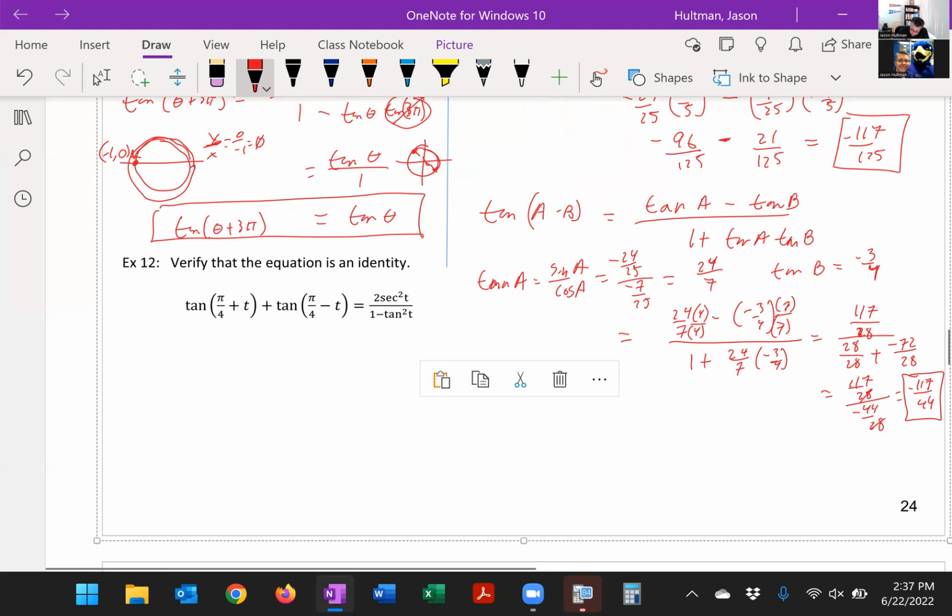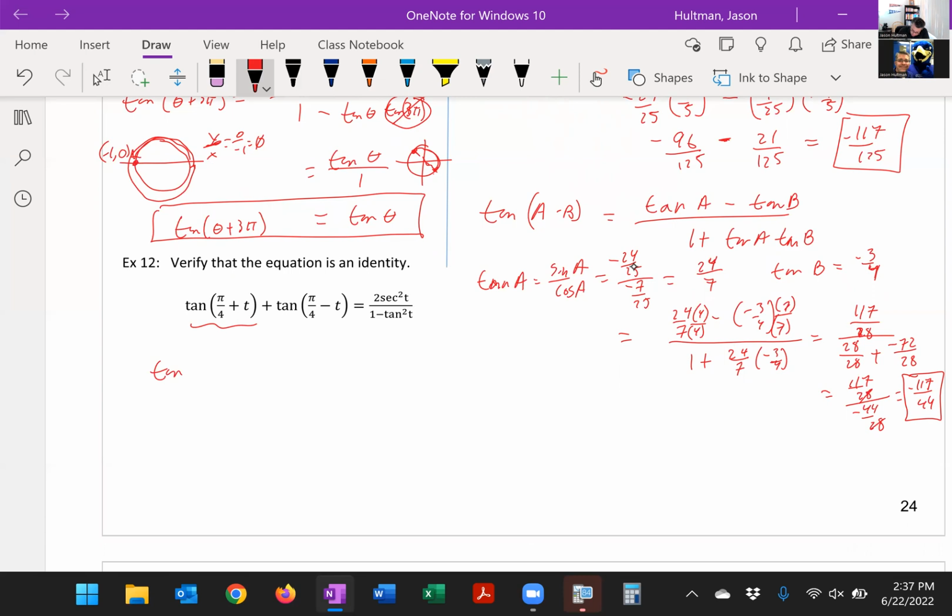Let's take this one and make it the tangent of pi over 4 plus the tangent of t, all over 1 minus the tangent of pi over 4 times the tangent of t, plus